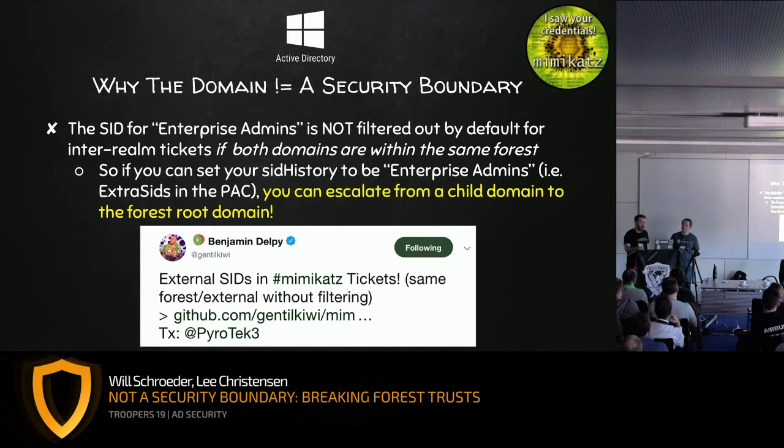But now, if you compromise domain admin credentials for five minutes in any child domain in the entire forest, you DCSync and get the krbtgt of that child domain, and you just put /sids for the extra SIDs in your forged golden ticket, and set the SIDs to be Enterprise Admins of the forest root. You can hop from that child domain all the way up to the top instantly in just a couple of minutes. We have done this in the field.